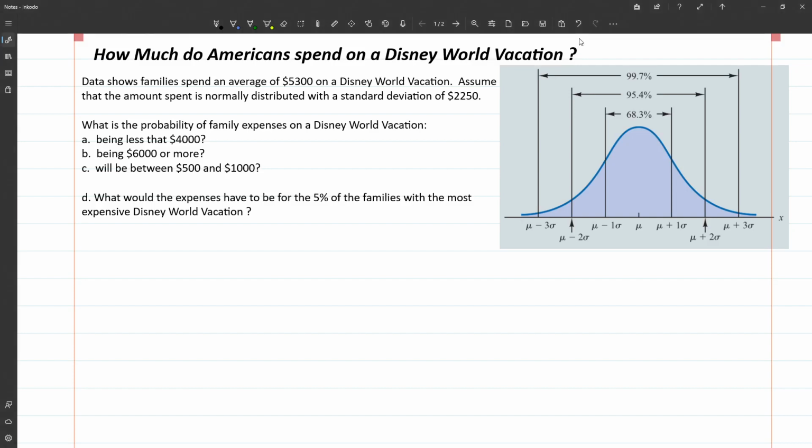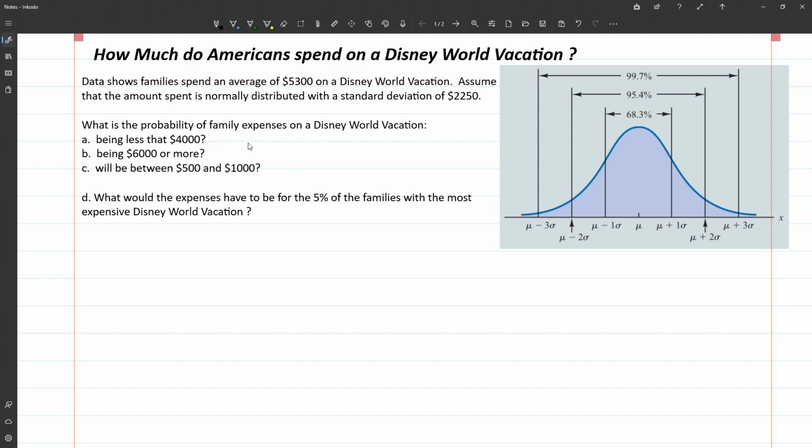How much do Americans spend on a Disney World vacation? This is a practical example to show you how you can use the normal distribution to compute probabilities. Data shows families on average spend $5,300 on a Disney World vacation. Assume that the amount spent is normally distributed with a standard deviation of 2250. What is the probability of family expenses on such a vacation